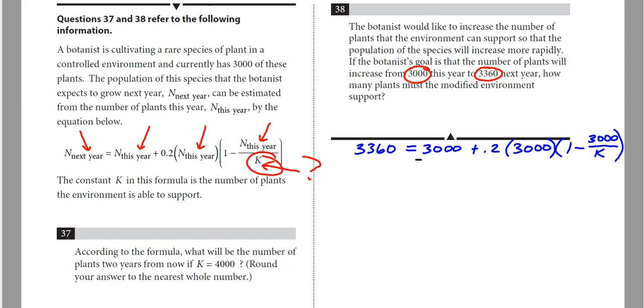Let's first subtract 3,000 from both sides. That way our numbers are a little bit smaller. So we're going to have 360 equals,